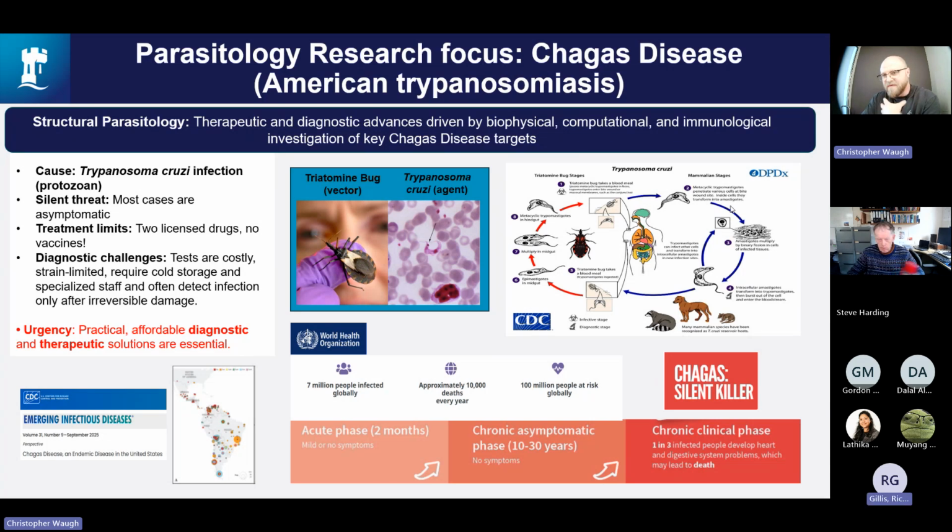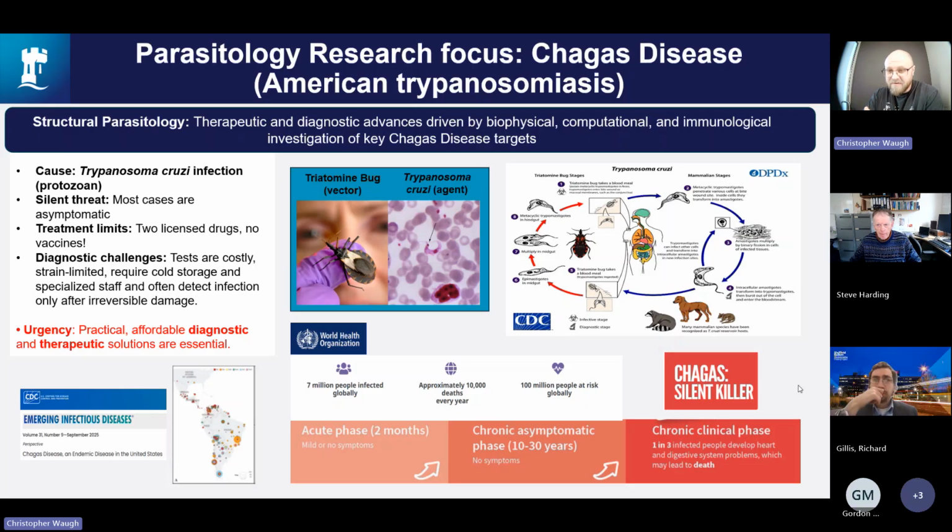You get this acute infection upon the parasite circulating in the blood, and that normally lasts about, let's say, 4 to 8 weeks. And funnily enough, it is asymptomatic at that stage. You get very mild symptoms like maybe flu or cold, but nothing super serious that makes it very obvious what it is. And after that, the parasite essentially goes through stage changes and burrows itself into tissues where it replicates. And that can last years to decades without any new symptoms appearing. And then what you